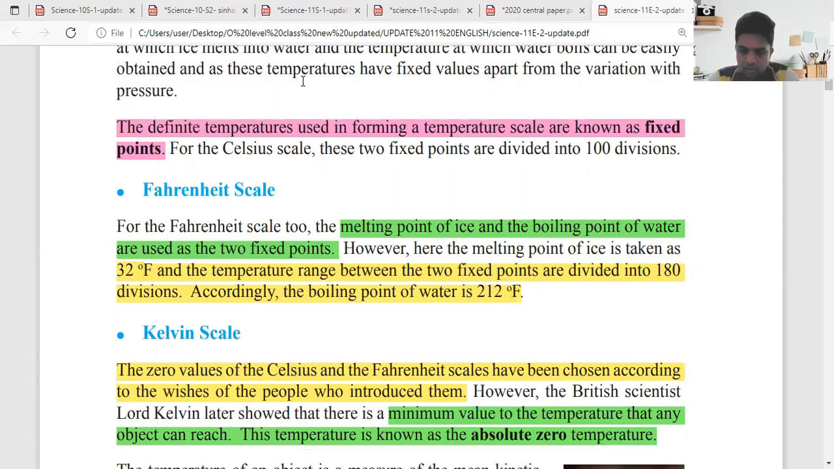Do they need to write the note? Did you ask me to explain? The last sentence. Yeah. For the Celsius scale, these two fixed points are